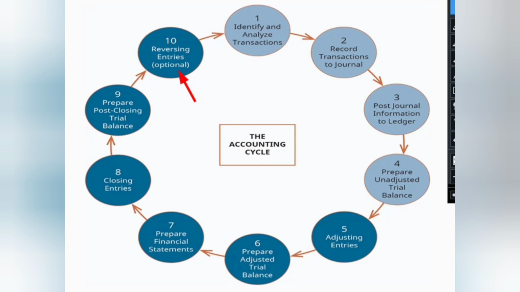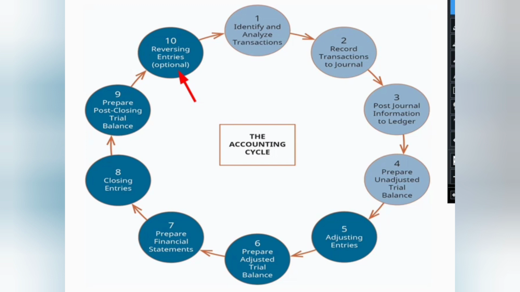So a reversing journal entry is recorded at the start of the new period to avoid double counting the amount of those transactions which affect two accounting periods. As I told you earlier, prepayments and deferral items may affect more than one accounting period. As they are recorded earlier, they need to be shown here to avoid double counting.